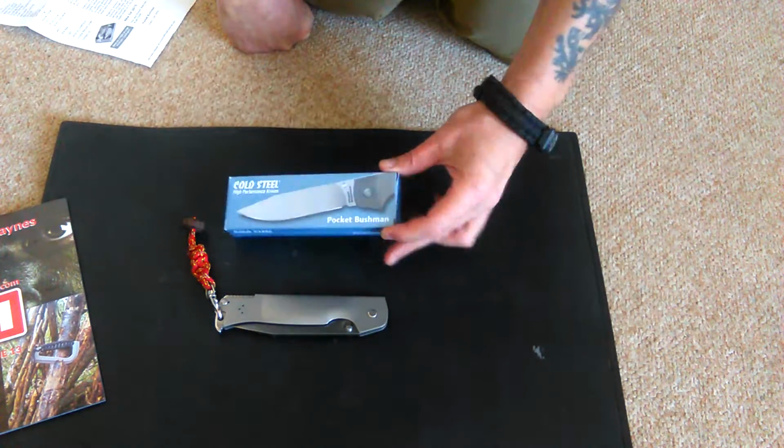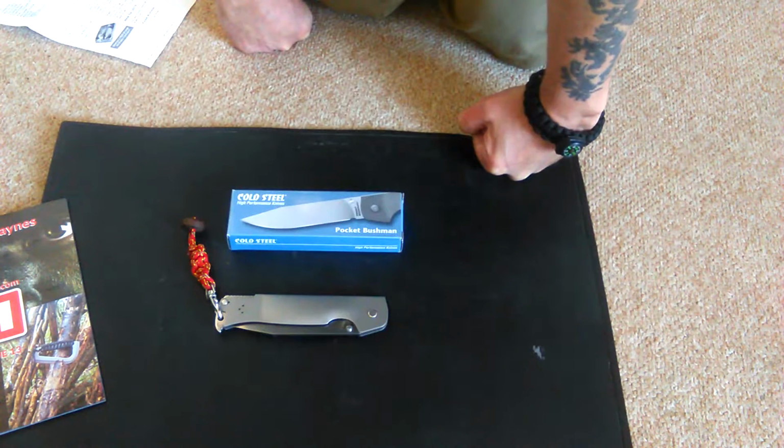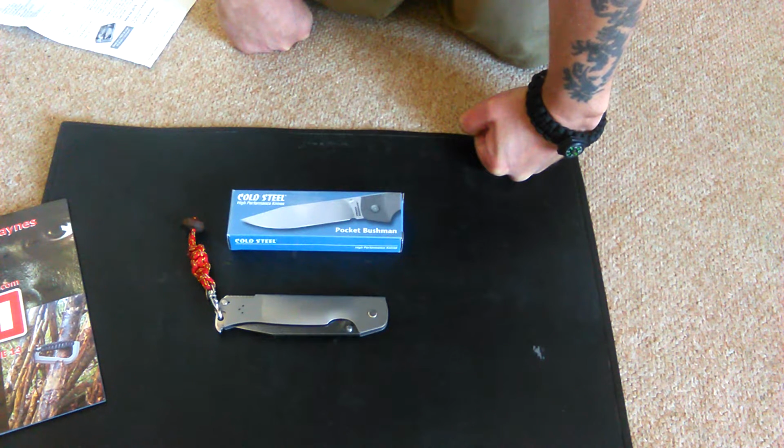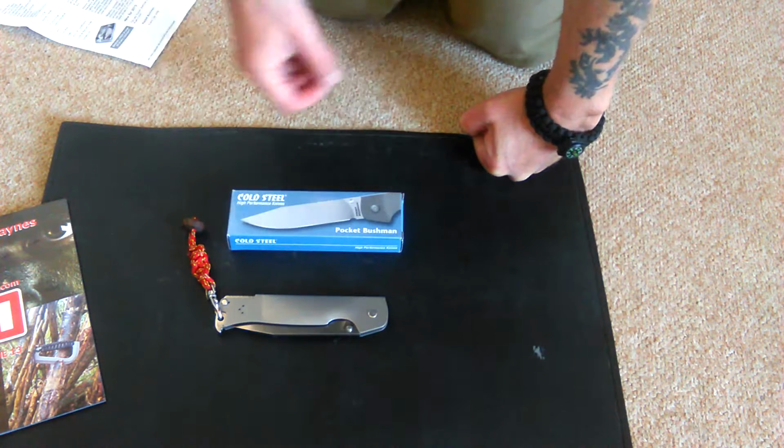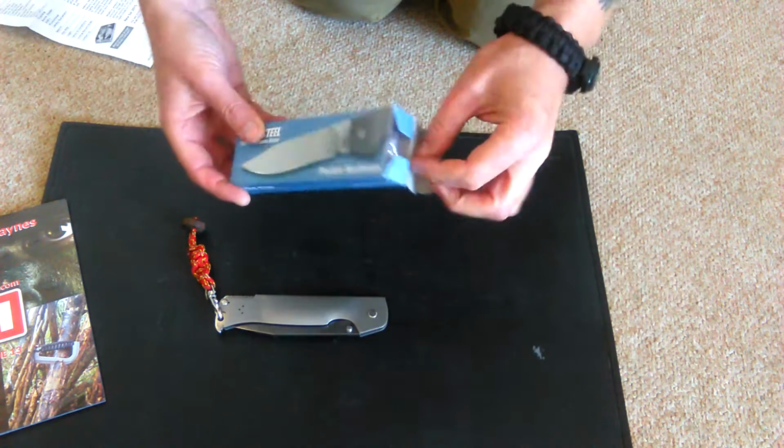I originally came upon the idea of getting this particular knife simply because I had a small garden knife which is brown in colour with a brown lanyard, and I dropped it in the compost bin one day on the allotment and realised afterwards that had I not been able to find it that evening, it was a carbon knife. It would have gone rusty and may well have gone missing forever. So it set me thinking about buying a stainless steel knife that I could use as what I would call